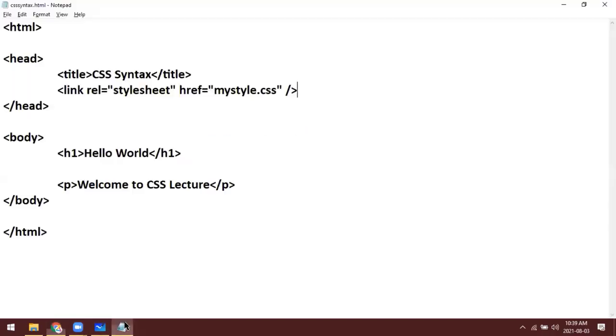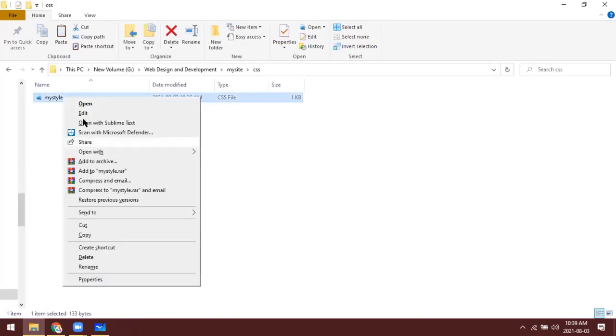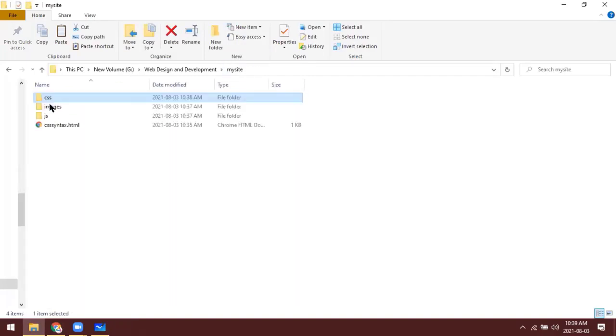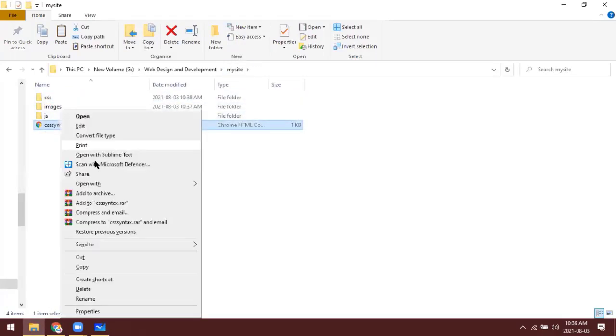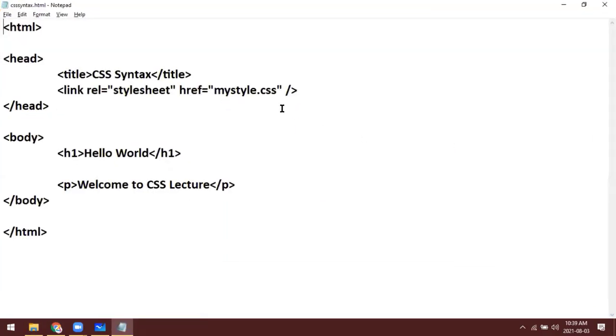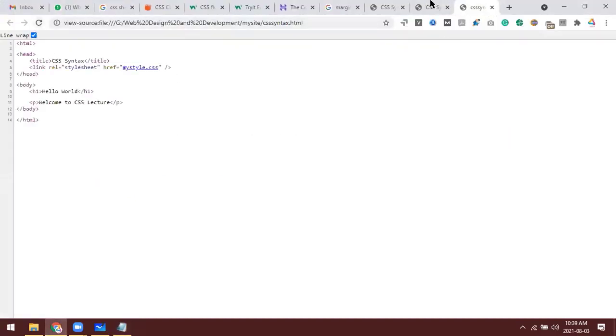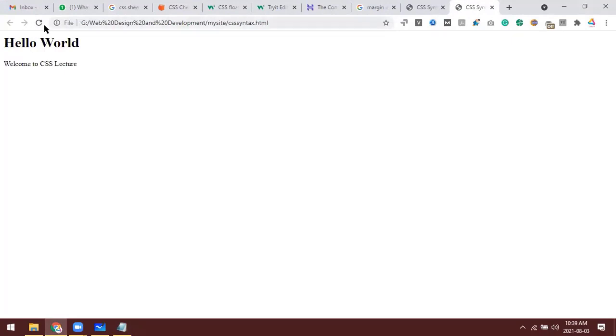So let's correct that. We have to correct here. Now I just have to add the directory, CSS/mystyle.css. Now hopefully the style would be applied.